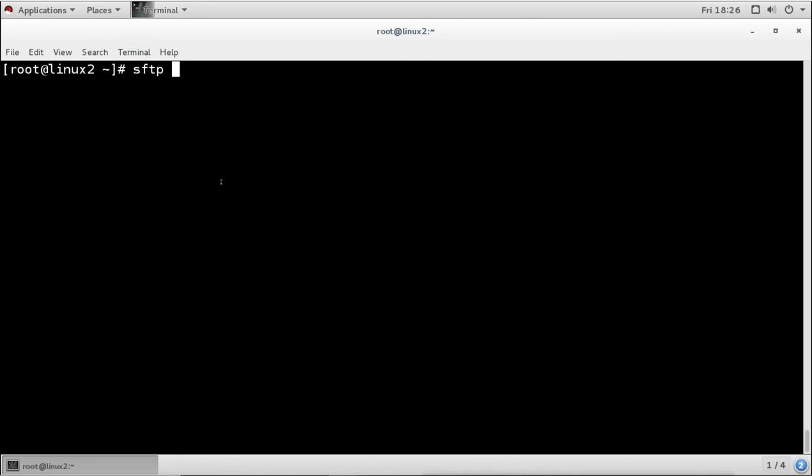And what does it do? It uses a secure connection. It uses the SSH tunnel to send the data securely to the FTP server. So it does the communication using the SSH tunnel, and that is secure. If anyone tries to see what you are sending or receiving, they will not be able to see it. So if I use this, then I can directly log in as root. It will allow us to log in as root because it is now secure.